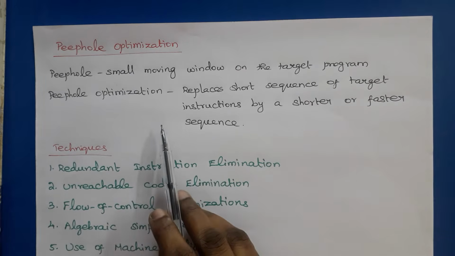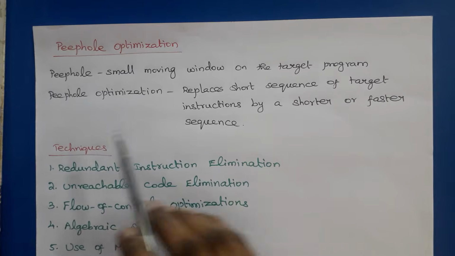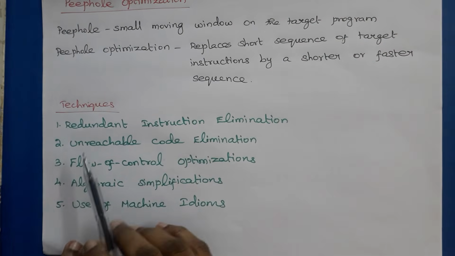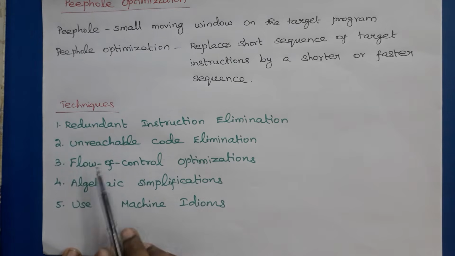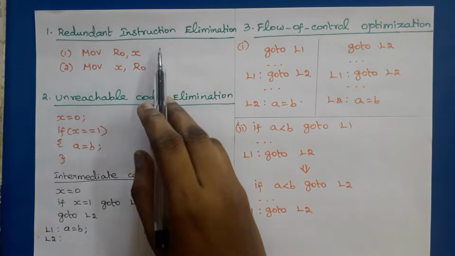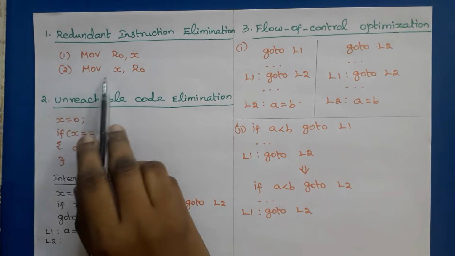So peephole optimization can also be applied to the intermediate code. So it can be applied to both the intermediate code as well as target machine code. And these are the peephole optimization techniques: redundant instruction elimination, unreachable code elimination, flow of control optimizations, algebraic simplifications, and use of machine idioms. So the first one is redundant instruction elimination, and if we see these two statements,